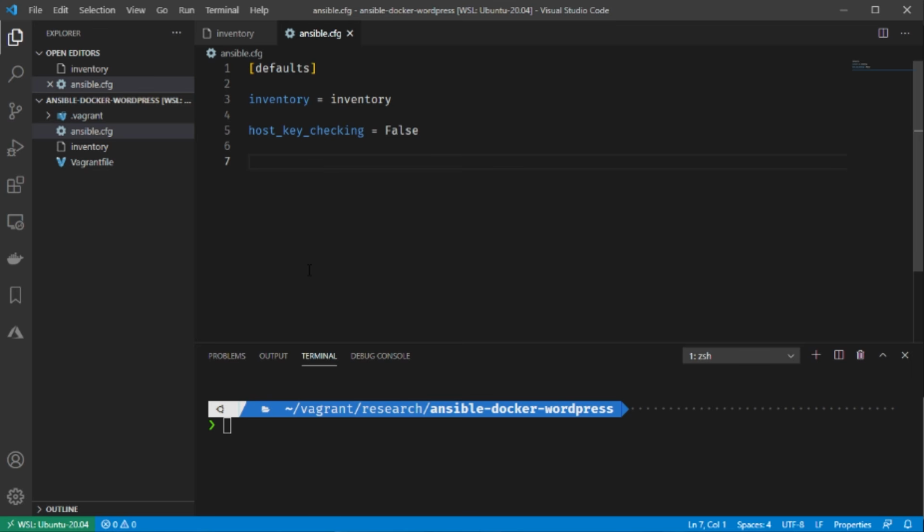Okay, I also want to add one more thing, that is deprecation warnings equals false. This is just an annoying notification in the Ansible terminal that will send us some deprecation warnings for commands that we are not using anyway, so we can just set this here. And now we need to specify the remote user. Because I've deployed this virtual machine via Vagrant, I'm just using the user vagrant, but you could also use the root user if you have enabled the root user, or you have your own personal administrative user,